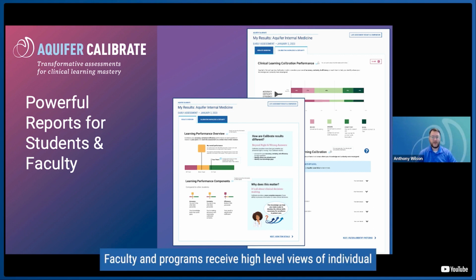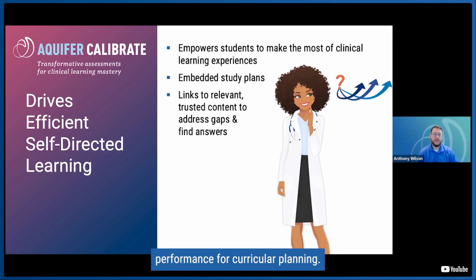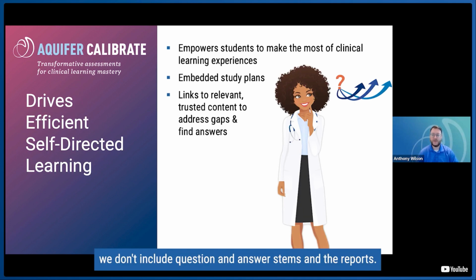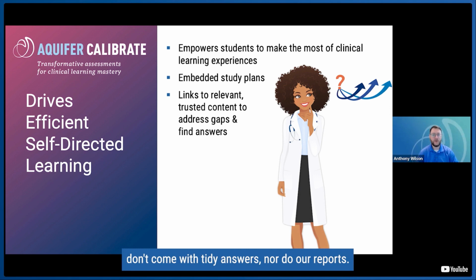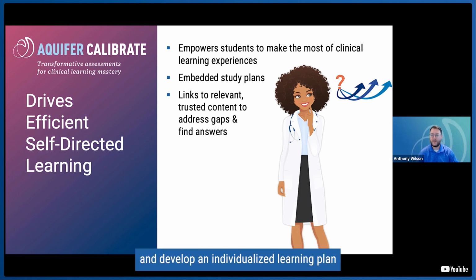Faculty and programs receive high-level views of individual student performance and detailed views of cohort performance for curricular planning. Importantly, we don't include question and answer stems in the reports. Real patients don't come with tidy answers, nor do our reports. Rather, students are encouraged to dive into where their understanding is miscalibrated and develop an individualized learning plan, which is